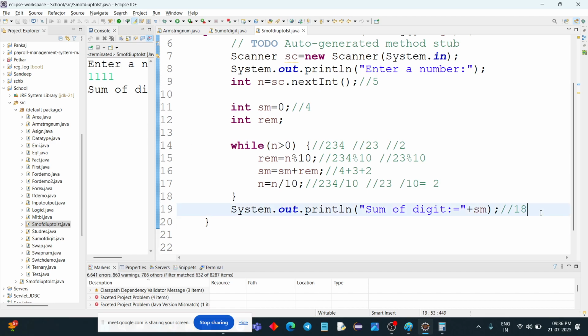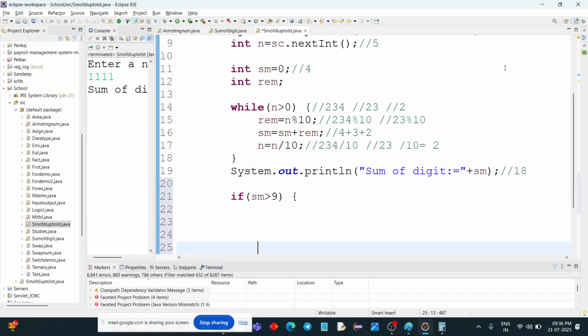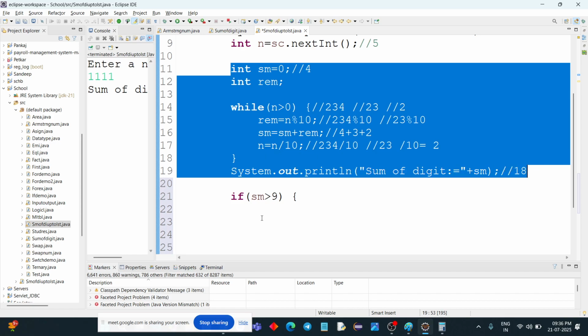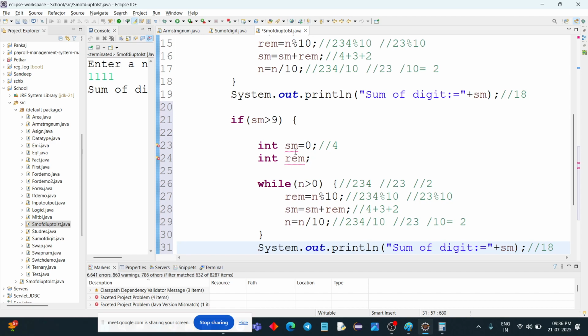So what we are going to do after having a sum is check if the sum is greater than 9, not equal to 9. If it is greater than 9, then one more time we need to add the digits again. While, everything, not only y, everything. So we'll take some other variables, sum we'll take, rm we'll take. Okay, so change everywhere. Otherwise, it will use the upper value as well. So rm, sum,